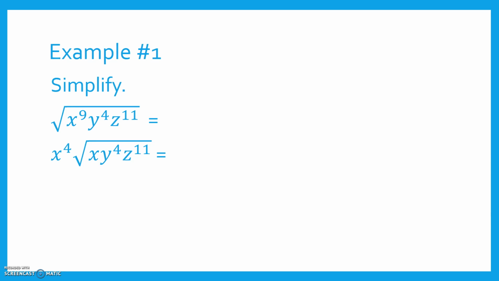If I take 4 and divide it by 2, I end up with y squared. Since it was an even number, I don't have anything left over. There's no remainder. Finally, with the z's, 11 divided by 2, the biggest whole number would be 5. Which means we have a leftover of 1z. And so this would be our simplified